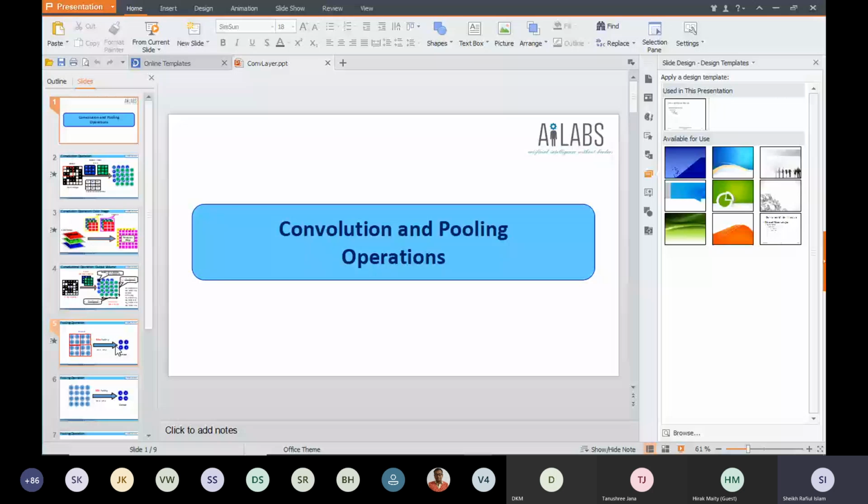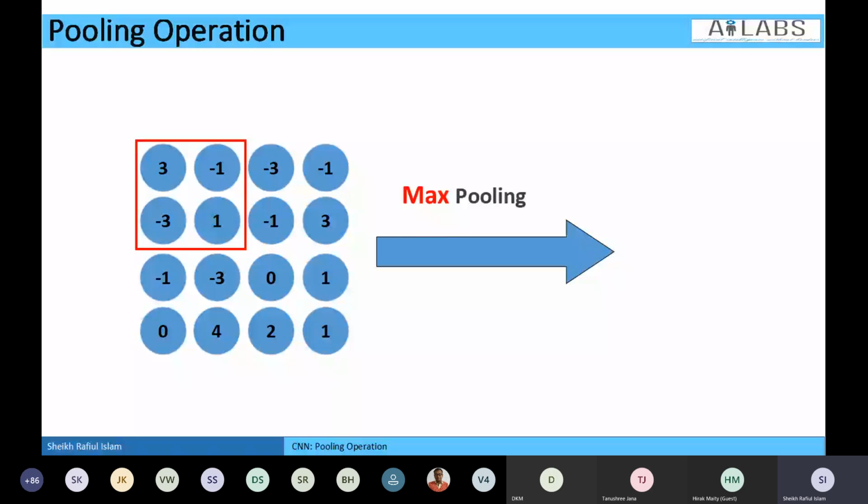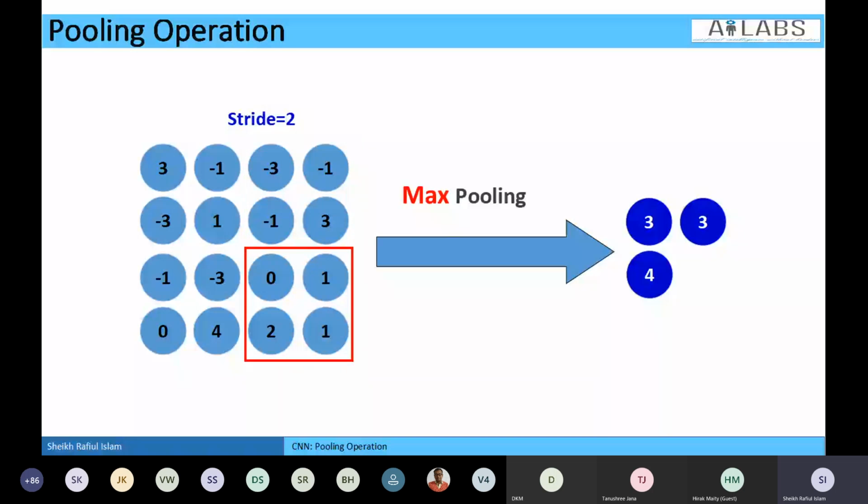Okay, the question is really a very important question. See, if you see this slide here, I think you can easily understand why we will use pooling layer there. This was our input. The number of rows and number of columns, if you consider as a matrix, was 4 cross 4. After performing max pooling operations, we are now having 2 cross 2. So pooling operation is nothing but subsampling. Downsampling we are performing here.